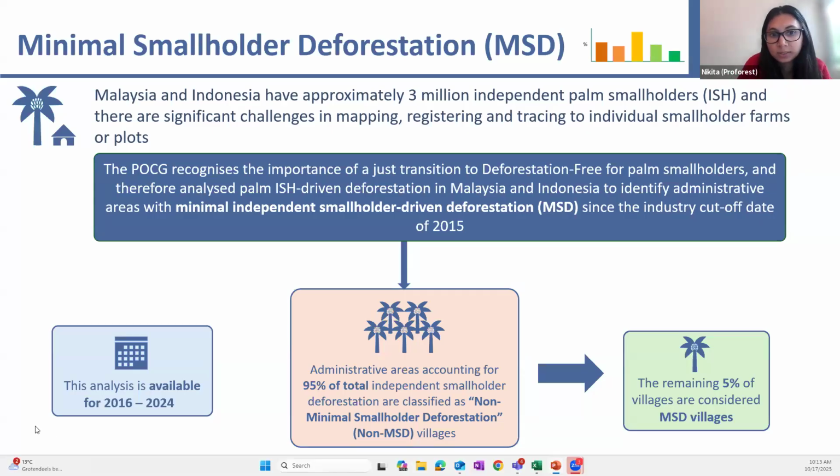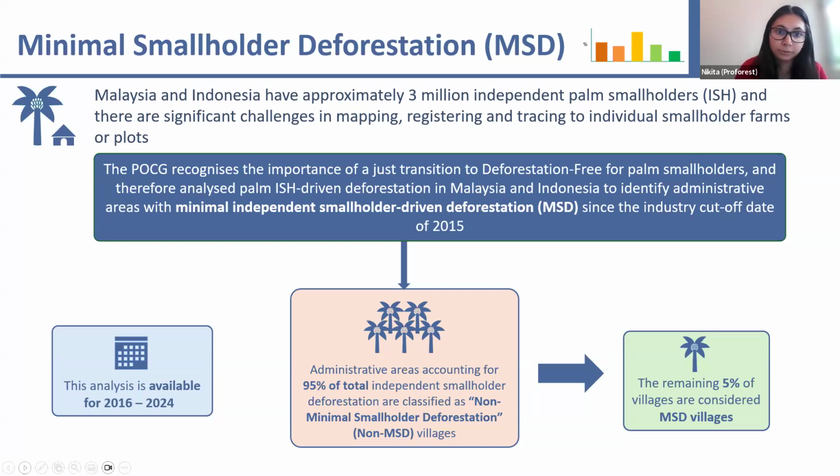So why did we develop the independent smallholder layer for Indonesia and Malaysia? Firstly, as Sol was explaining in the beginning, traceability for independent smallholders is quite challenging. Malaysia and Indonesia have 3 million independent smallholders with significant challenges related to mapping, registering, and traceability for farm level or plot level. Since the POCG has recognized the importance of the just transition towards deforestation-free for palm independent smallholders,